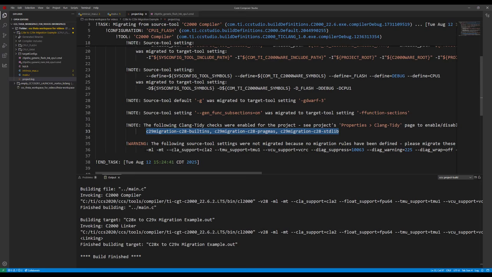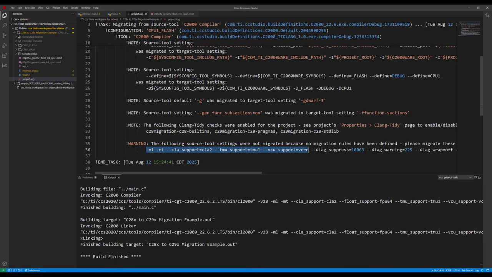Now the interesting thing here are all these options. These are C28X compiler options that are not automatically migrated. Okay, in this particular case, they come in two varieties. -ML through the -VCU support options.